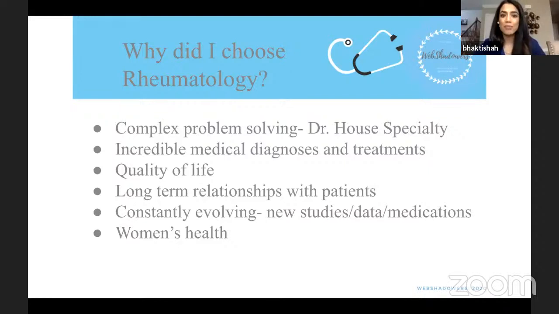Believe it or not, back in the day, rheumatoid arthritis was treated with injections of gold into the joint. There was no way to treat these conditions. People ended up having debilitating, deforming complications from these diagnoses, and there was no other treatment option. But we have come such a long way in the last 50 years. We can really manage so many of these diseases and put them into complete remission.